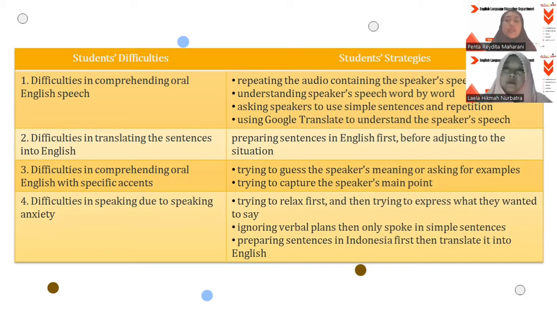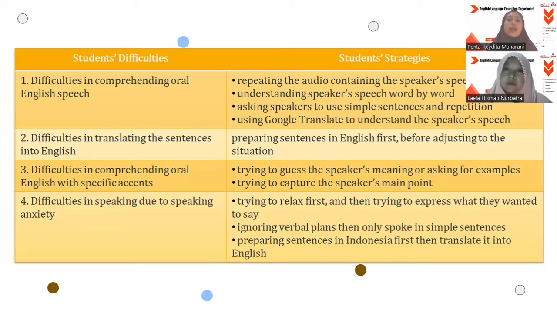For coping with the second difficulties related to difficulties in translating the sentences into English, the student used preparing sentences in English first before adjusting to the situation. For coping with the third difficulties related to comprehending oral English speech with specific accent, the student used two strategies, which were trying to guess the speaker's meaning or asking for examples, and also trying to capture the speaker's main